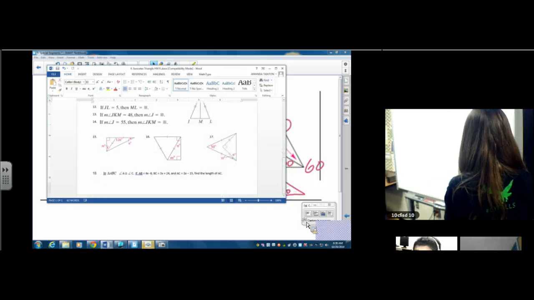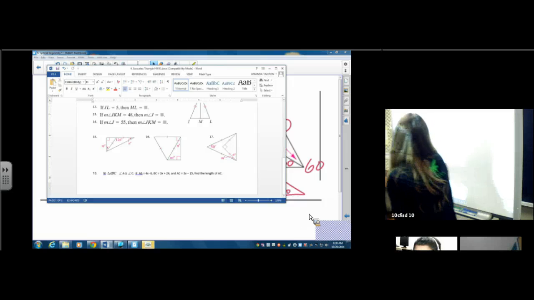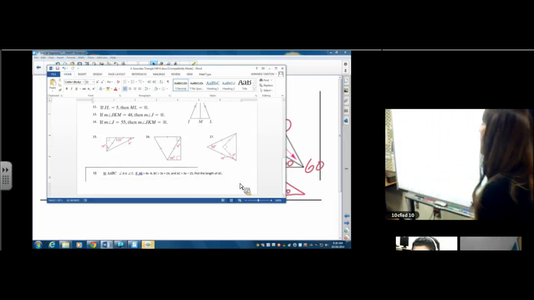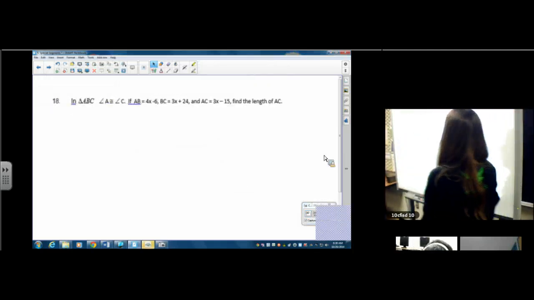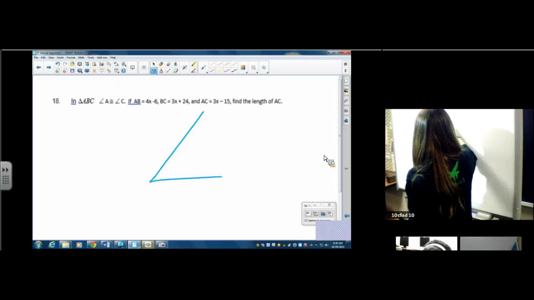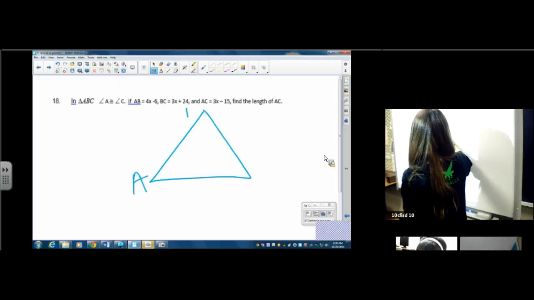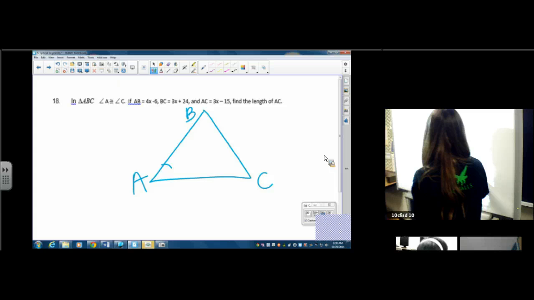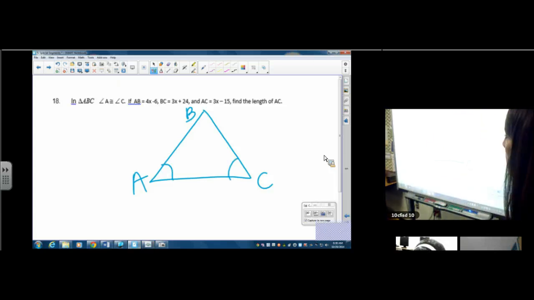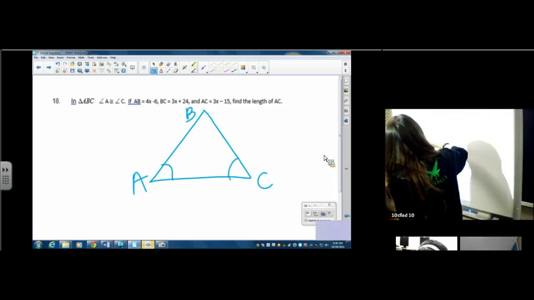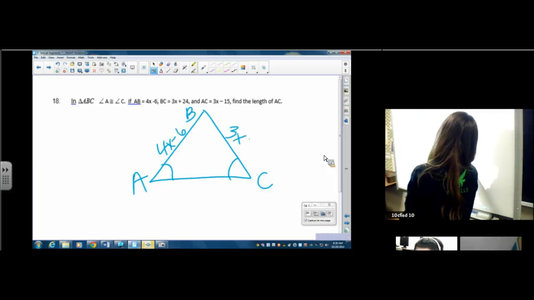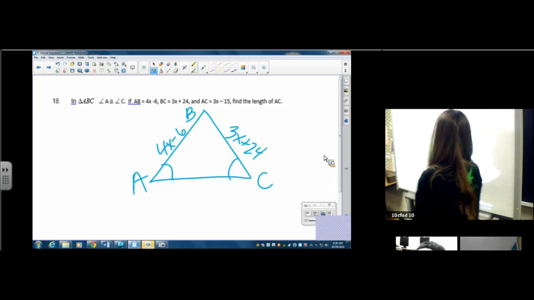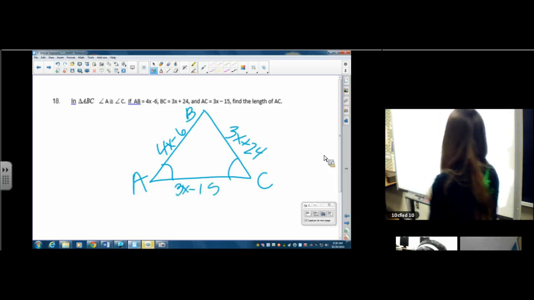Okay, let's get this one. In triangle ABC, A is congruent to C. So the first thing you're doing is you are drawing a picture. Every student is drawing a picture. A, B, C, where A is congruent to C. If AB is 4x minus 6, BC is 3x plus 24, and AC is 3x minus 15, find the length